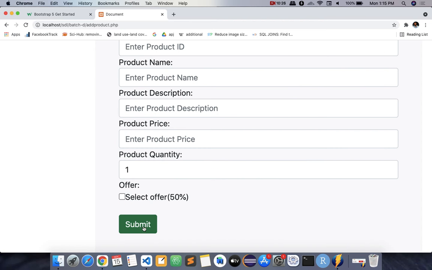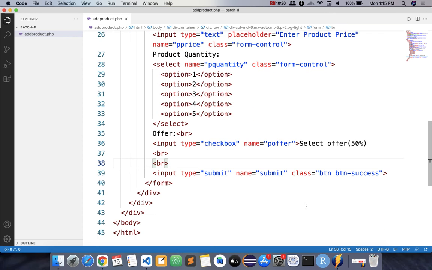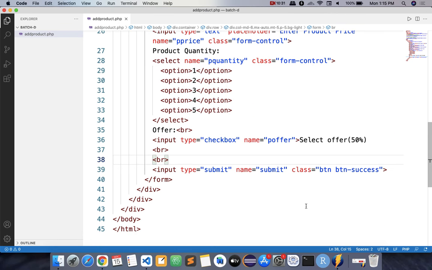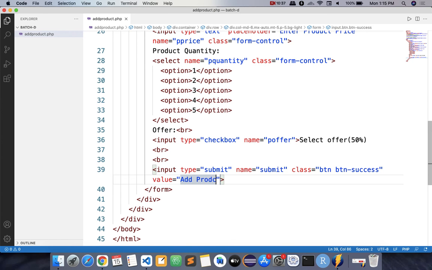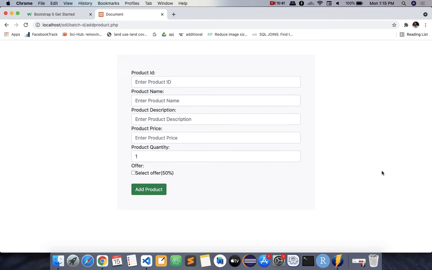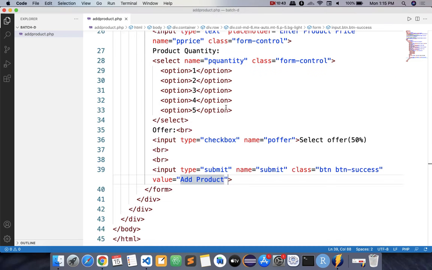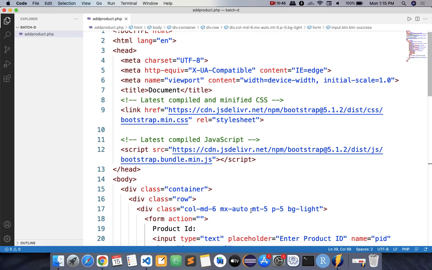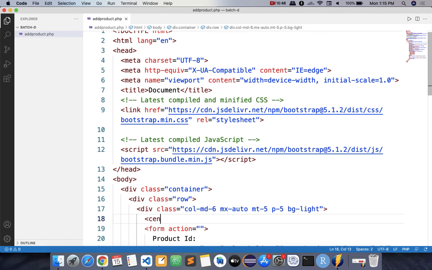By default the name on the button is capital S Submit, but I want to change it to Add Product. So here you can have value Add Product. Done. Okay, and we have done with our registration form for the product, and here in the center tag.